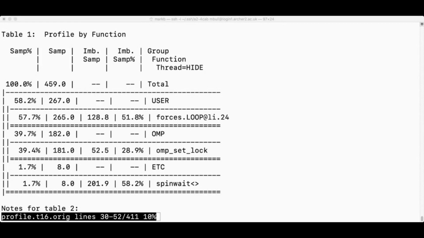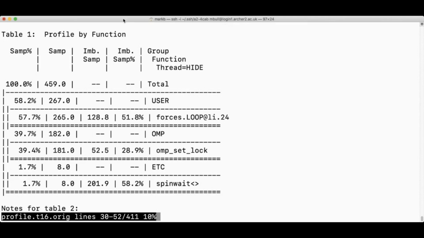Okay, hello folks. I just wanted to show you what you're looking for in the CrayPat output for the OpenMP profiling, and also to illustrate some of its limitations.